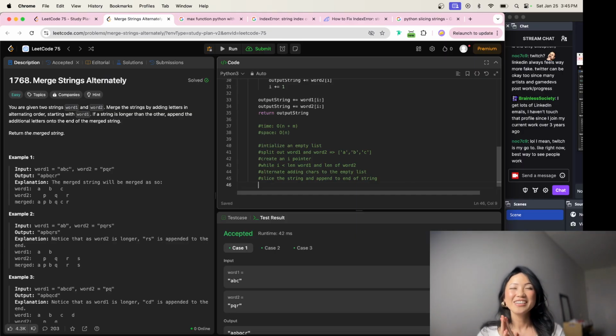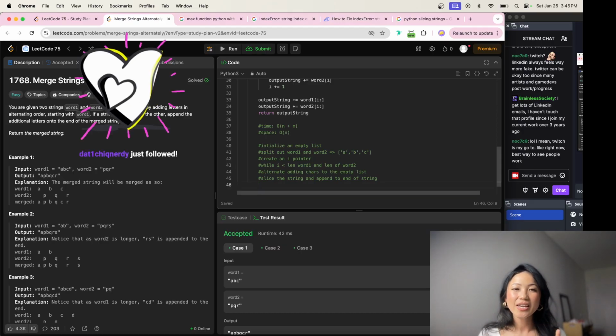So talking about lists, we're going to create this empty list. We split out the words, so I expect to see a list of characters, and then we're going to create this I pointer. While I is still less than the length of the word, this process is still going to be similar to what we did above, except what we're going to do differently